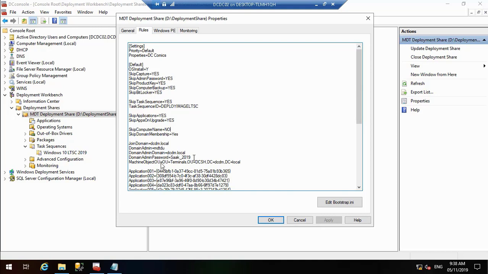And this is where he will put this workstation. He needs to join this workstation to the domain and put it in a certain organizational unit, which will be terminals. This is the complete path for this organizational